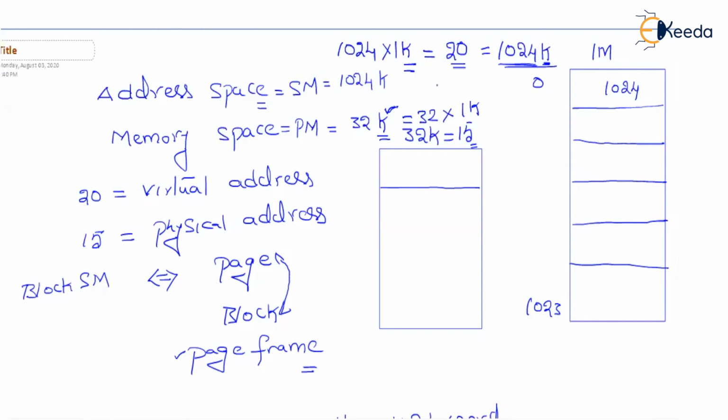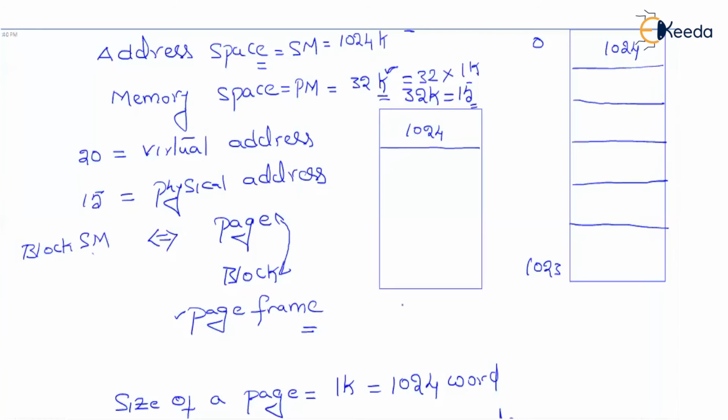Okay, spare my repetition because it has to be injected into your brains. The example that we are discussing here must get into your brains in such a way that when you are solving any question on virtual memory, you remember this example so that you will be able to solve any kind of question. Okay, now here this is 1K, this is also equal to 1024 words, and this is also equal to 1024 words.